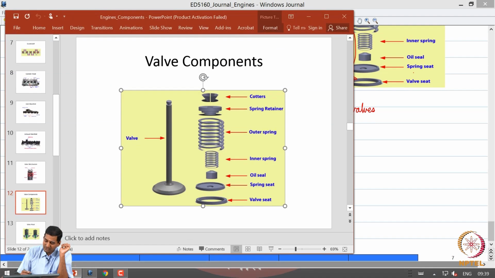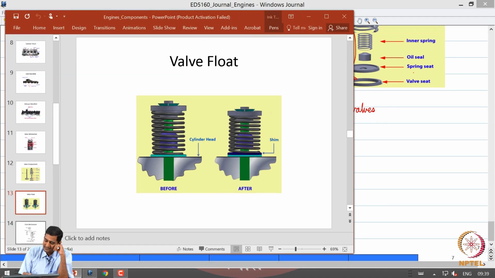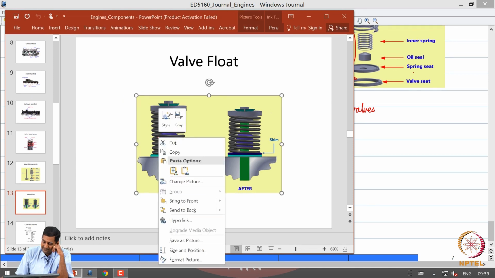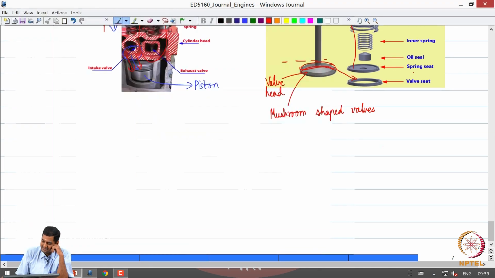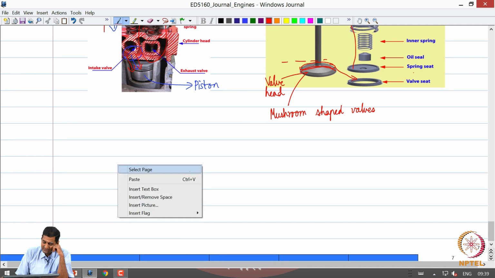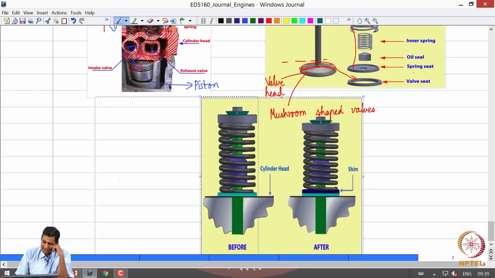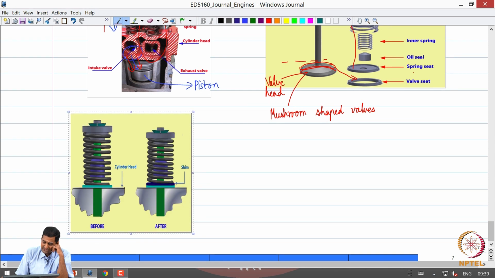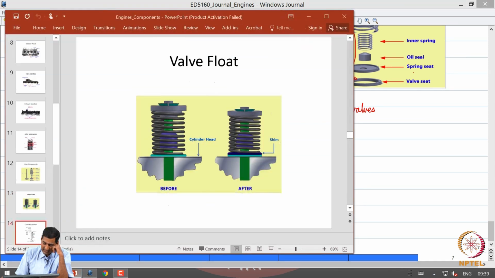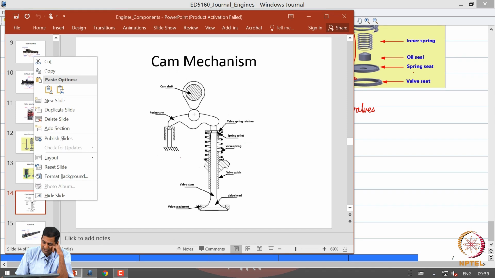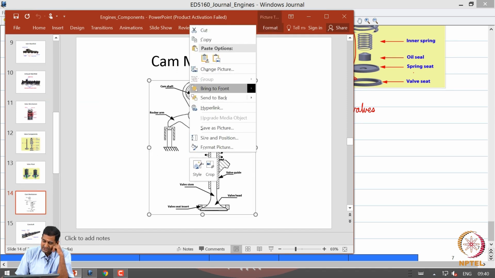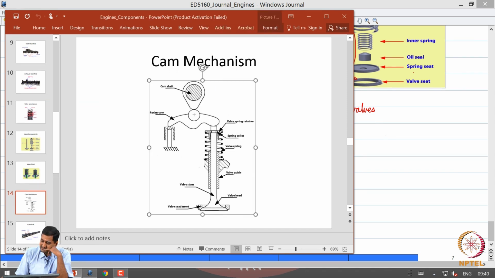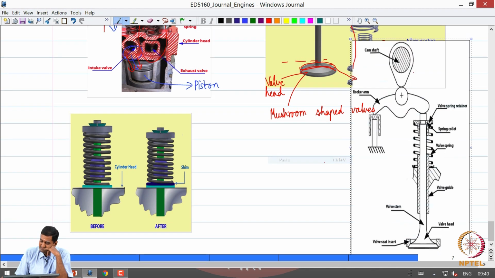So, let me show you another schematic to clearly illustrate how they are fitted. Now you can immediately observe how these components are assembled and then actuated. In this schematic, we show the entire assembly. Let us first discuss this schematic, then we will go to the other one.